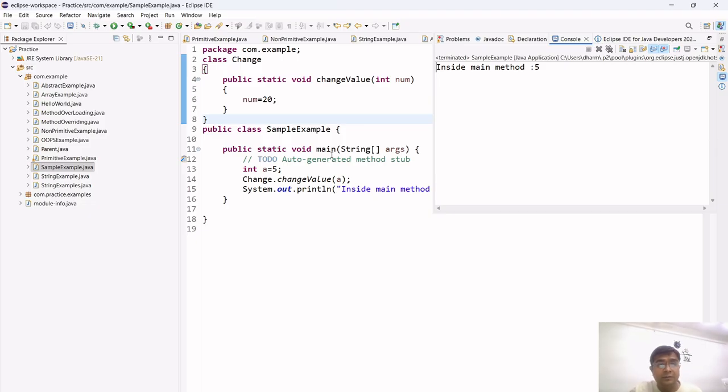So when passing a primitive, the actual value is being copied. When passing objects, the reference is copied, but still it's passed by value. So that's very important. You have to note it down. If this finally makes you clear about primitive versus non-primitive data types, stack versus heap, and array concepts here,